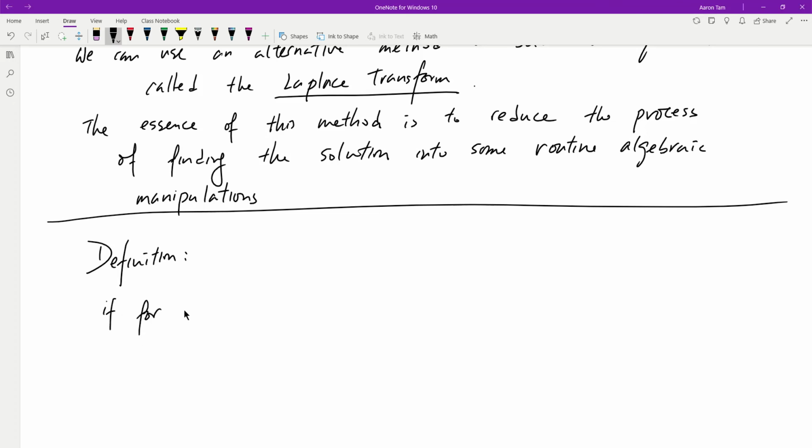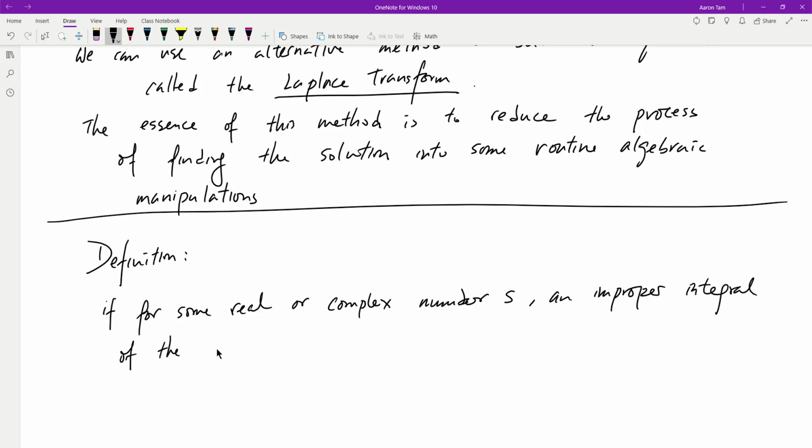If for some real or complex number s, an improper integral of the form integral from 0 to positive infinity of e to the negative st times f of t dt converges to a function of s,